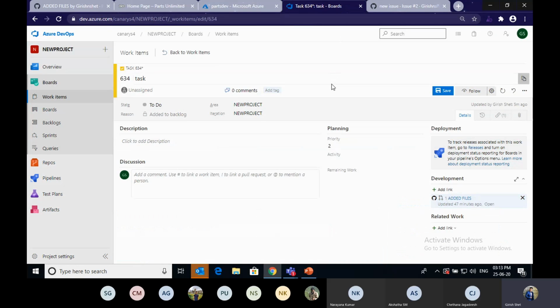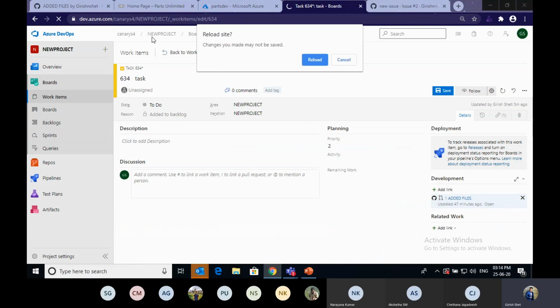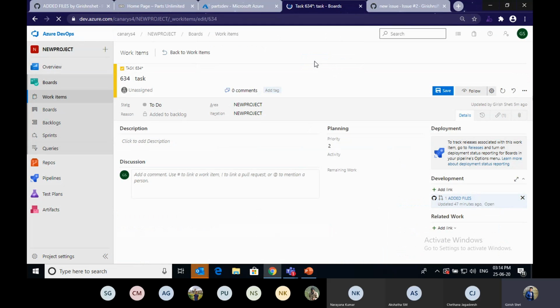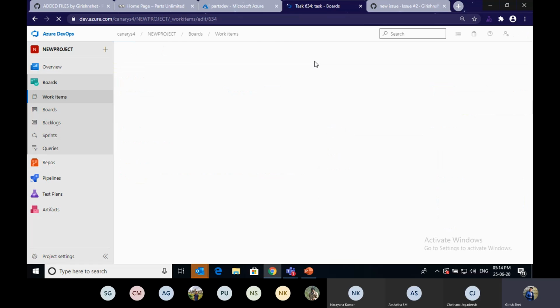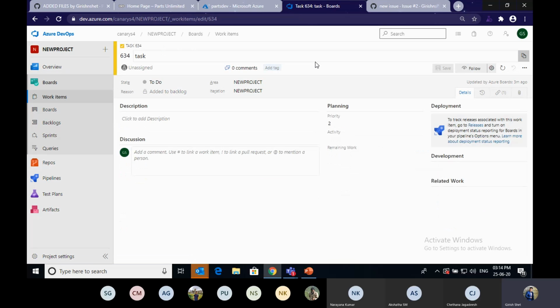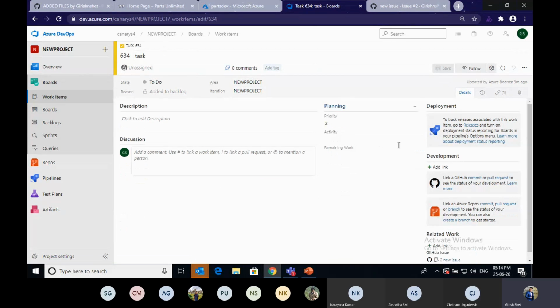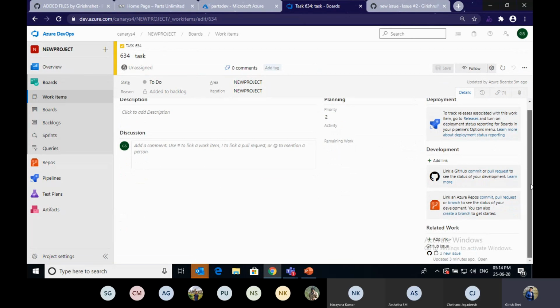Now if you navigate into your work item, you can see my issue has been added to the work item here.